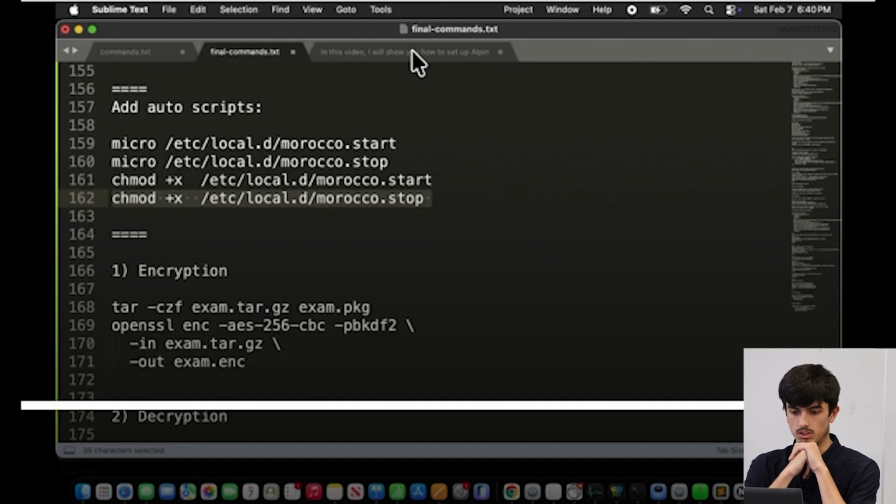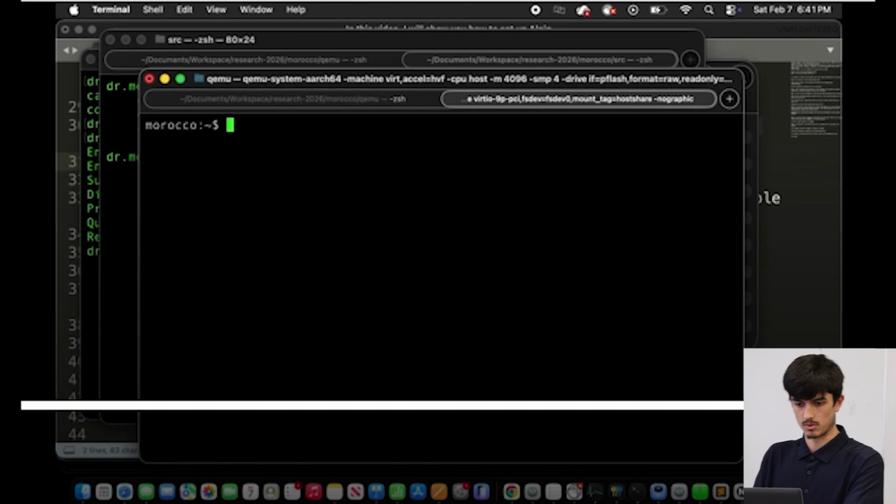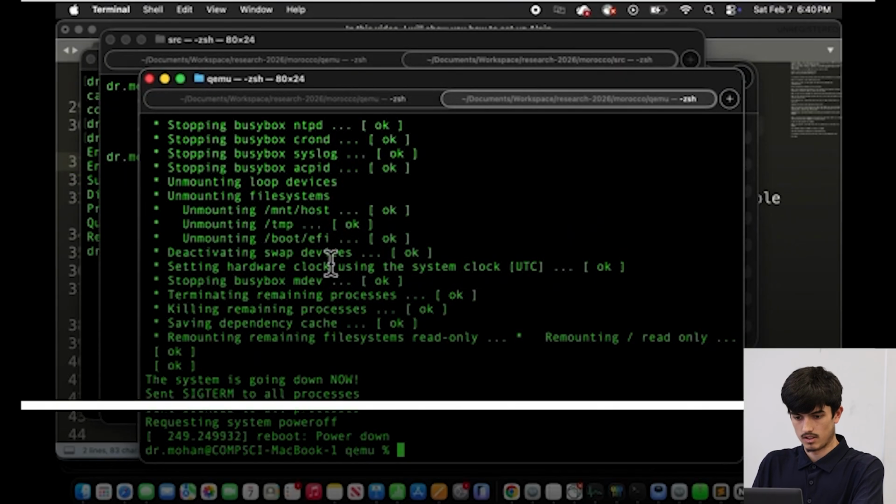So micro will end the session for the student, and then the chmod will end the session for the MoRocco logs and the MoRocco files. It's going to completely shut it down and turn it off automatically. Those are most of the important things I want to hit. And then here there is the